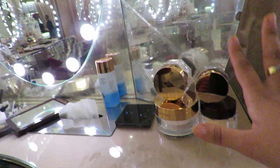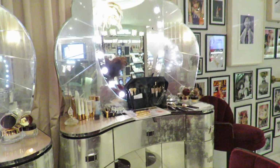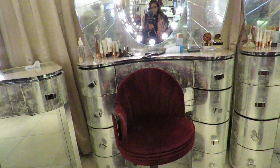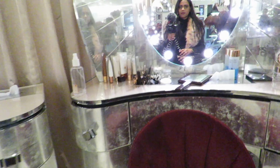So this is how the setup is. First the cleansers, very nicely arranged. This is the eyes, and everything is stocked in here. I absolutely loved my experience on this chair. And one thing that I really loved about